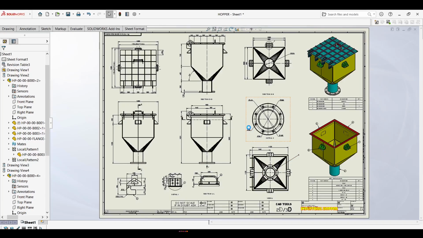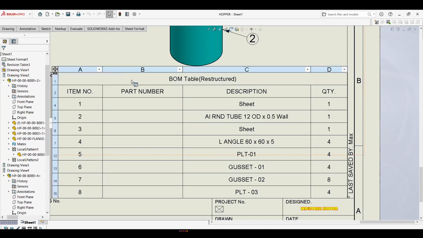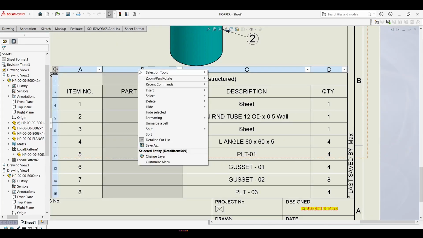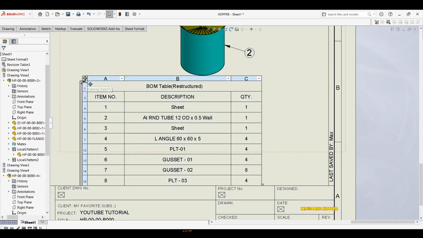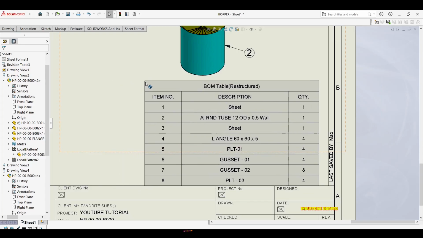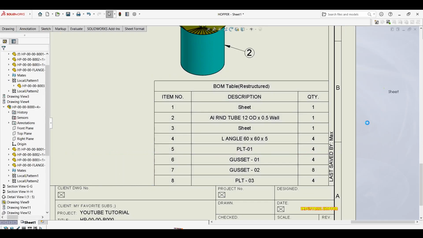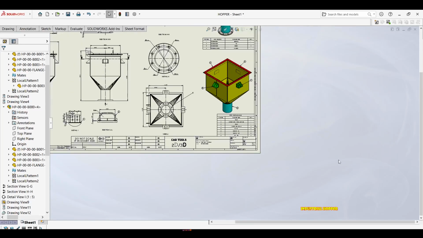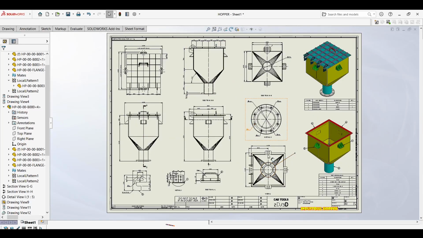Yeah, now I mean I got you the whole BOM. The part number we don't need here, so you can just right click and delete column and then move there. If you want the part number you can do it, but this will be now the end of the tutorial,